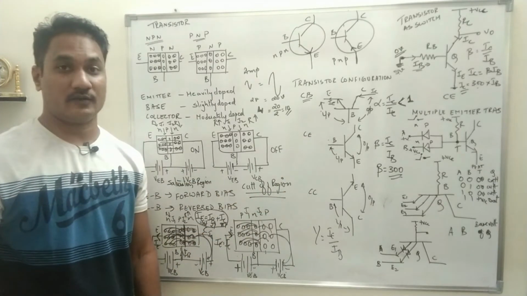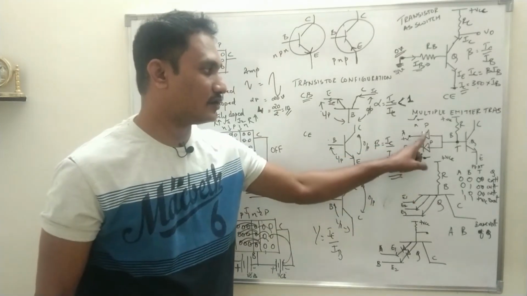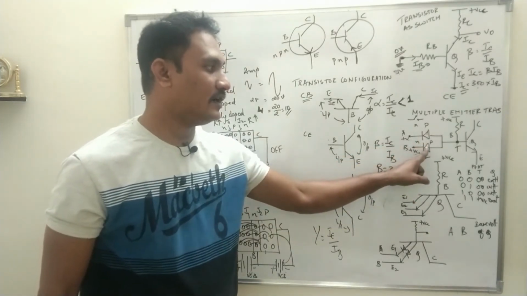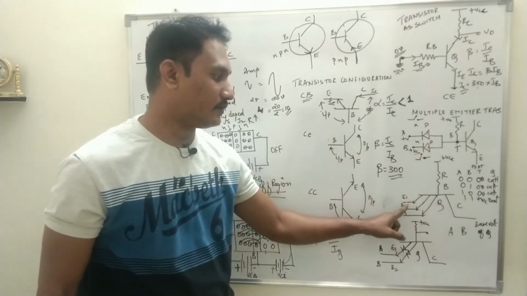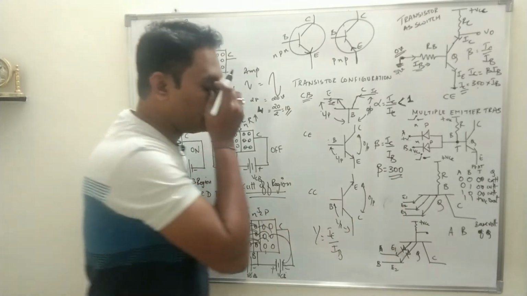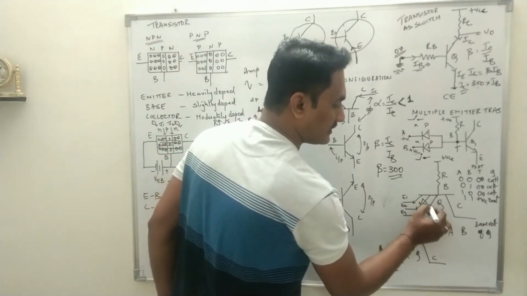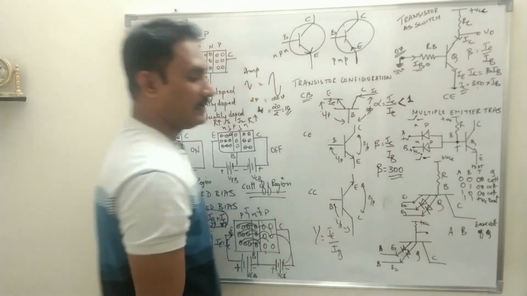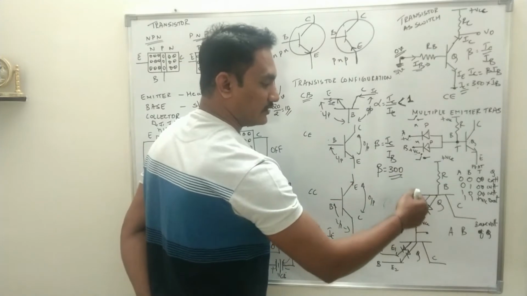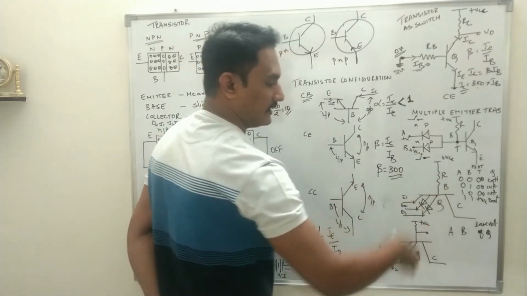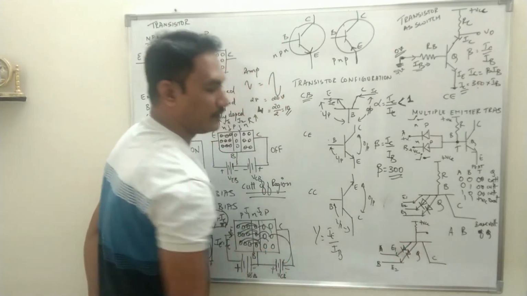basically that circuit works, and that circuit can be fabricated like this. So the two diodes can be imagined to be the extra emitters. So emitter 1, emitter 2, emitter 3. Basically emitter 2 and emitter 3 are nothing but the PN junction diodes which are connected externally. So that is how these two diodes can be fabricated to have multiple emitters in a transistor. So this is the basic construction of a multiple emitter transistor.